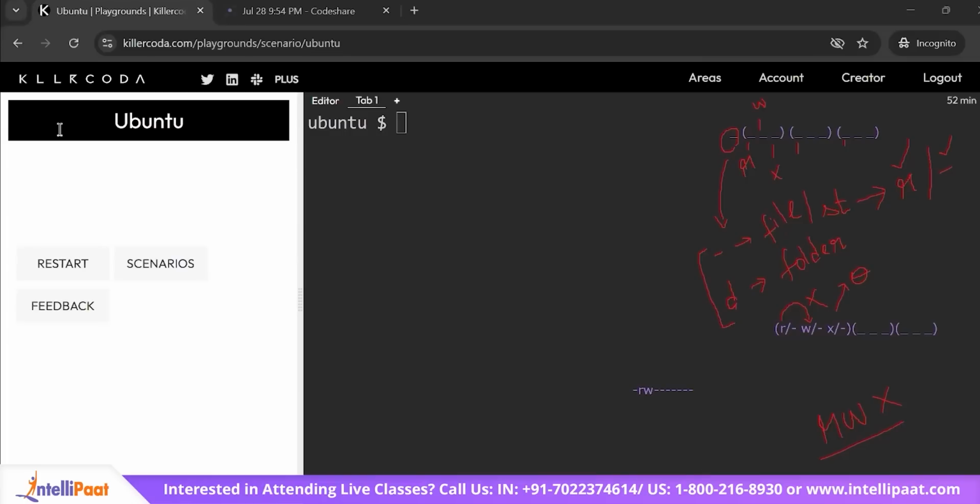Now, how are these character sets defined? The first character set is referred to as the owner or O. The second one as the group or G. The third one as others or, I'm sorry, I gave the wrong character over here. It's not O, it is U. U is referred to as the owner of the file. O is referred to as others. U is referred to as the owner, G as the group the owner belongs to,